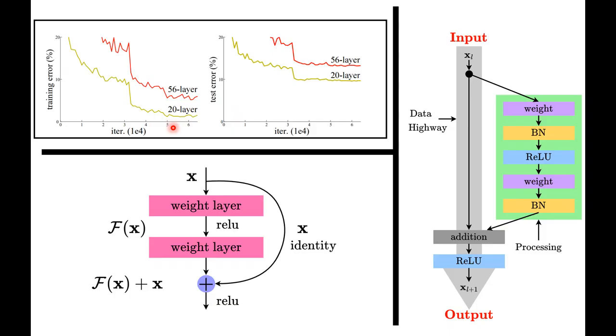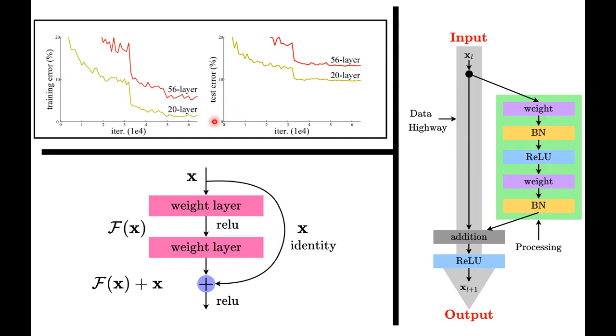So the authors of the ResNet paper argue we need the model to learn the identity function. So they propose just provide the model with the identity function. So these skip connections, or the residual connections, allow the model to learn the identity function, and since it is explicitly there in the model, then we can be sure that the 56 layer model should at least perform as well as the 20 layer model.